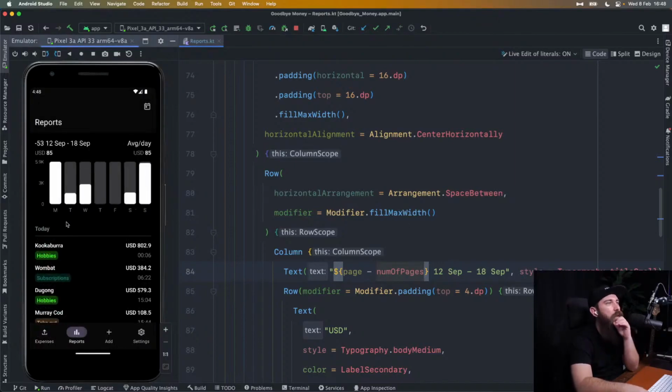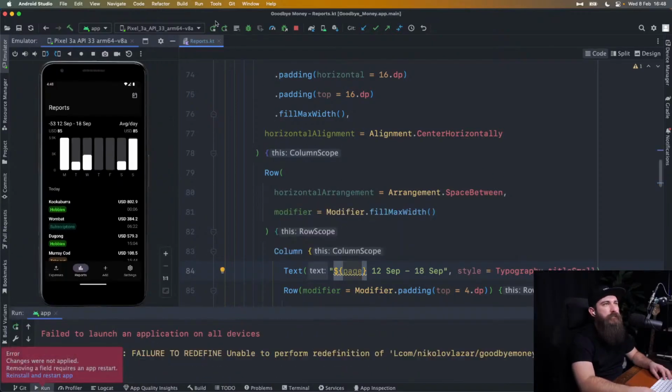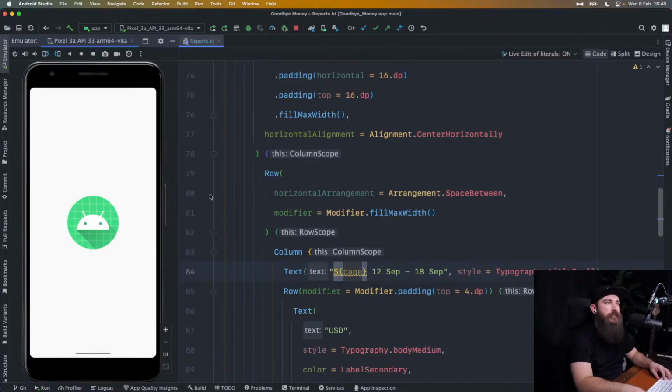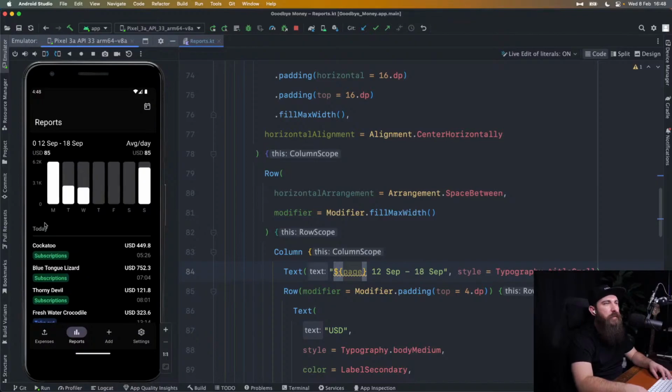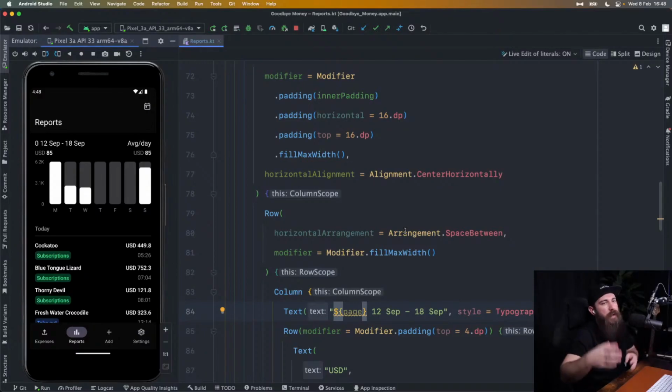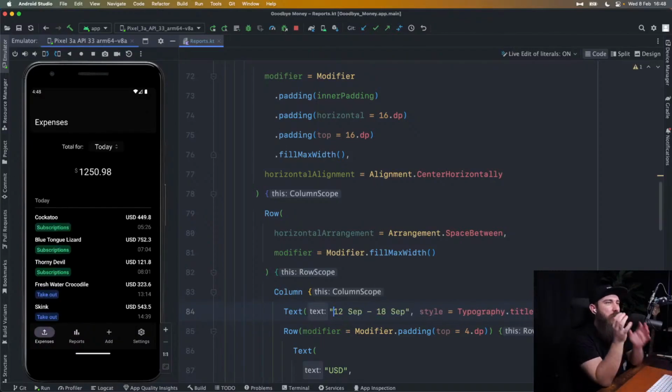Minus 53. Okay. 52. I didn't actually expect that. So let's just check out on the page. Zero. 1. Okay, there we go. We don't actually need to do the math. The page, even though it's reverse layout, it still respects the 0 to... Yeah, so we'll use the page as a coefficient,